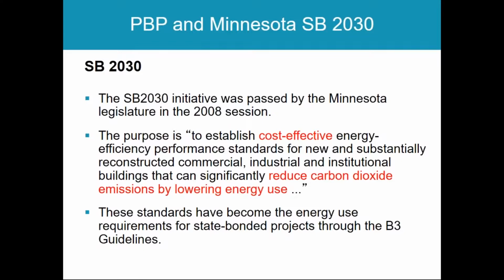So SB 2030 was created in 2007 alongside the conservation program and mandates increasingly stringent energy targets for performance for state-funded projects and requires the evaluation of this energy consumption both in design and through 10 years of operation of the project. So essentially what we do is set an energy target in design that the project is then required to meet in operation. And this is implemented as the energy requirement for the B3 guidelines